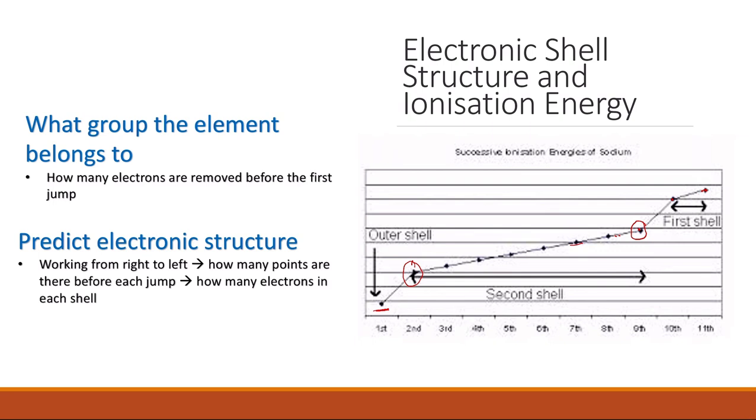Of course, as the successive ionization energy increases, the value of the ionization energy increases as well, but there is no jump here. How many electrons here? There are 8. So this is the second shell, which has 8 electrons. And then finally, you're going to find the second jump, where there is only one